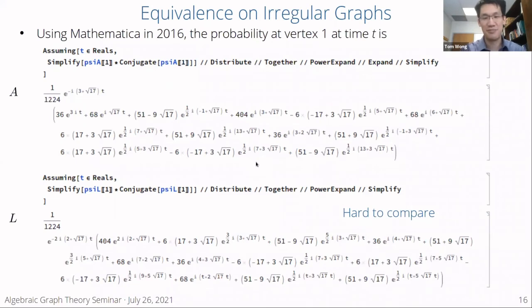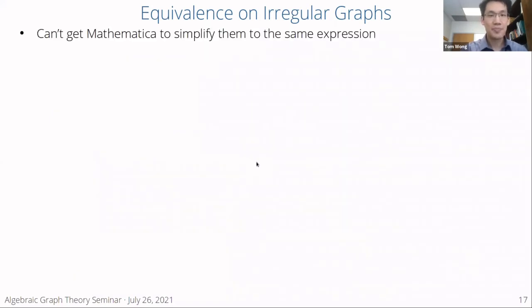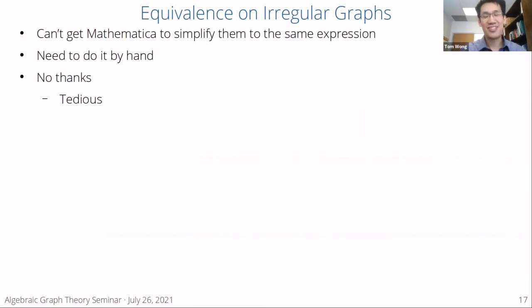And so it's like, this is going to be a little tedious. Basically, I was hoping to just get it right out of Mathematica, but wasn't able to. And so it looks like I'd have to do some work by hand, and basically say, no thanks, that just looks rather tedious. It's doable, but do I want to do it right now? Not really. And so basically, we ended up putting it off for 5 years, right? So one reason for not doing it is that it's tedious. Another thing is the expressions I showed you from Mathematica, that's only the probability at vertex 1.